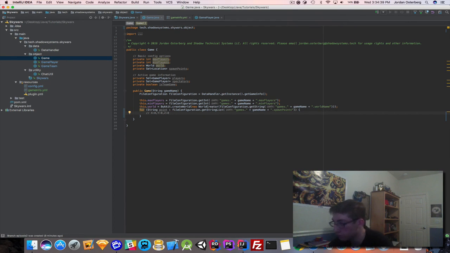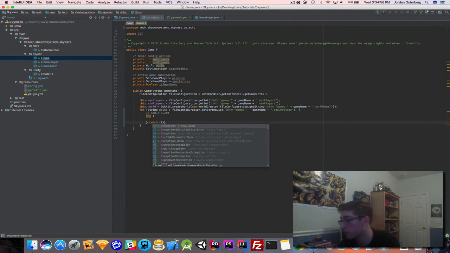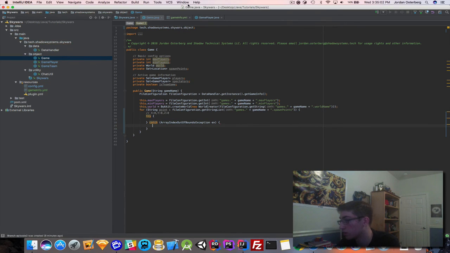So, yeah, that's how that's gonna work. And so that shouldn't be too hard to parse. What we need to do is we need to say try and catch. Let's make this graceful here, and we're gonna say array index out of bounds exception. Actually, let's just say exception because that would be a little bit better. And we can just go ahead and say